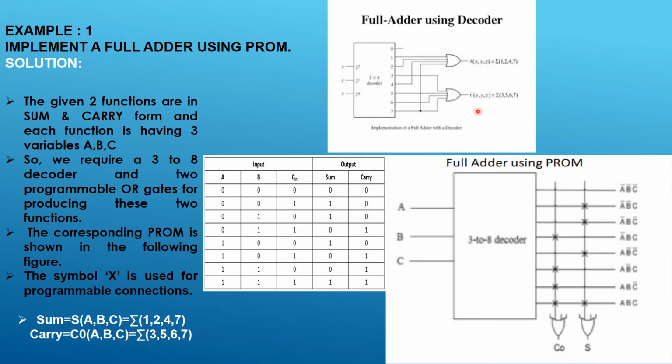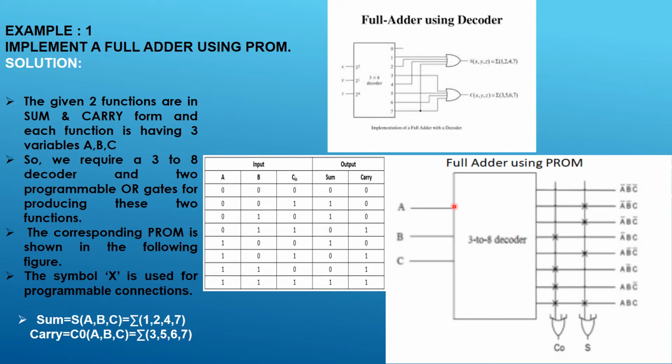So now we are going to convert this into a programmable logic device. As I said, ROM is going to be converted into a programmable ROM where it is going to have a set of AND gates which are fixed and programmable OR gates. So here both our AND gates used in the decoder as well as OR gates are fixed. So it's a normal combinational circuit. This has to be converted into a programmable ROM or PLD where you are going to convert this OR into programmable OR gates.